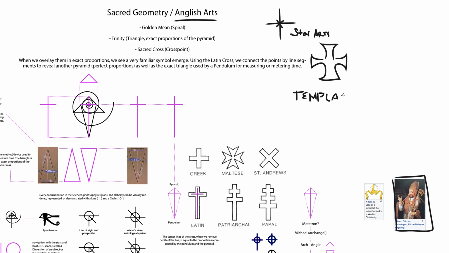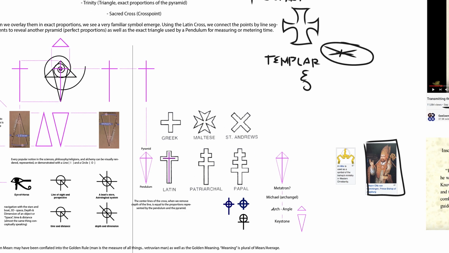But what I see with the word Templar, depending on how you want to spell it, or it may be just mistranslated, is temperate plane. And when I do that with the star art, that's what I really think of: the temperate plane. And when I go back to